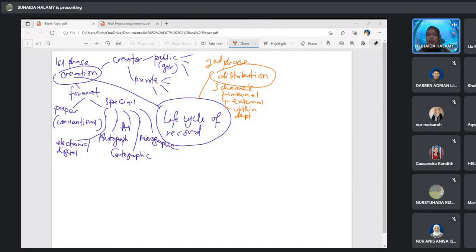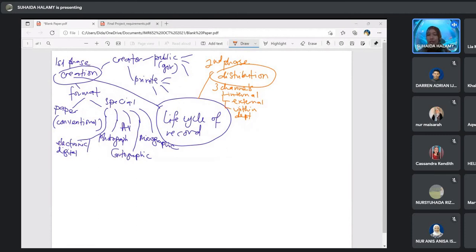HR or whatever they call it, but it must be the same department. So under distribution we have 3 channels: internal, external, and also within the department but different organization. It is more specific. It is like external, but it is made specific with the same department.